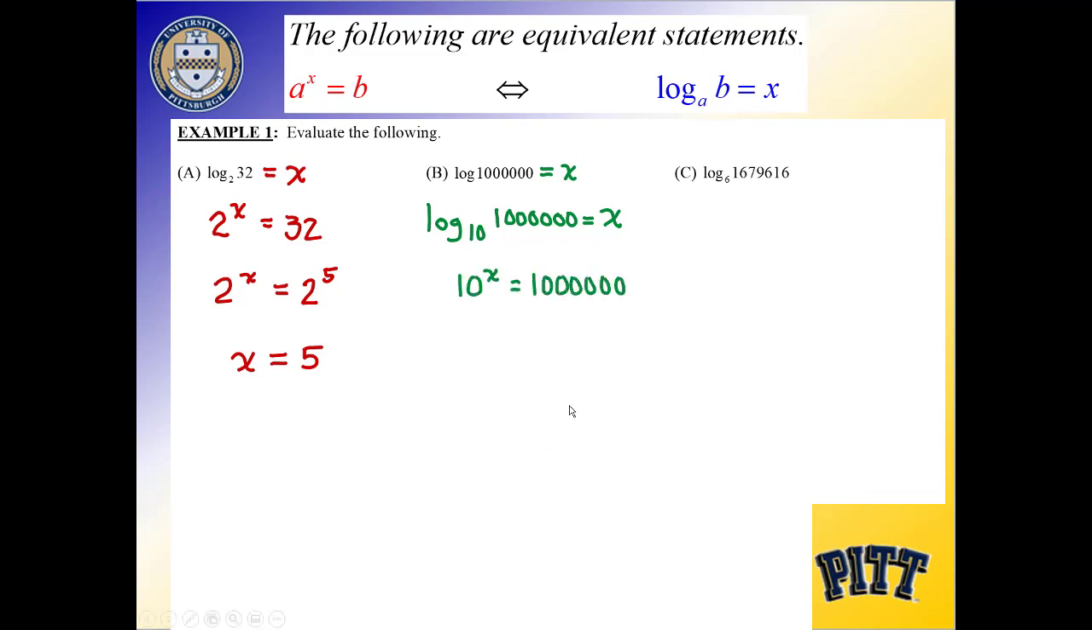Powers of 10 are easier because of the fact that the number of zeros that you have in this is going to be the power of 10 it is. So there's 6 zeros here. So 1 million is the same thing as 10 to the 6th power. And since 10 to the x equals 10 to the 6th, x is going to equal 6. So the log of 1 million is 6, because it's basically just asking you the power of 10 that gives you 1 million. This one's asking you the power of 6 that gives you